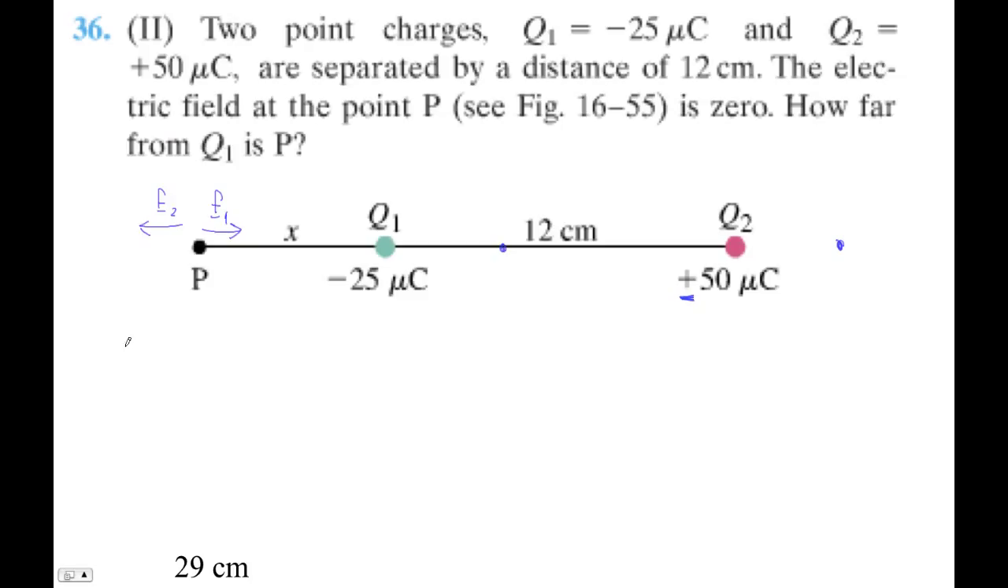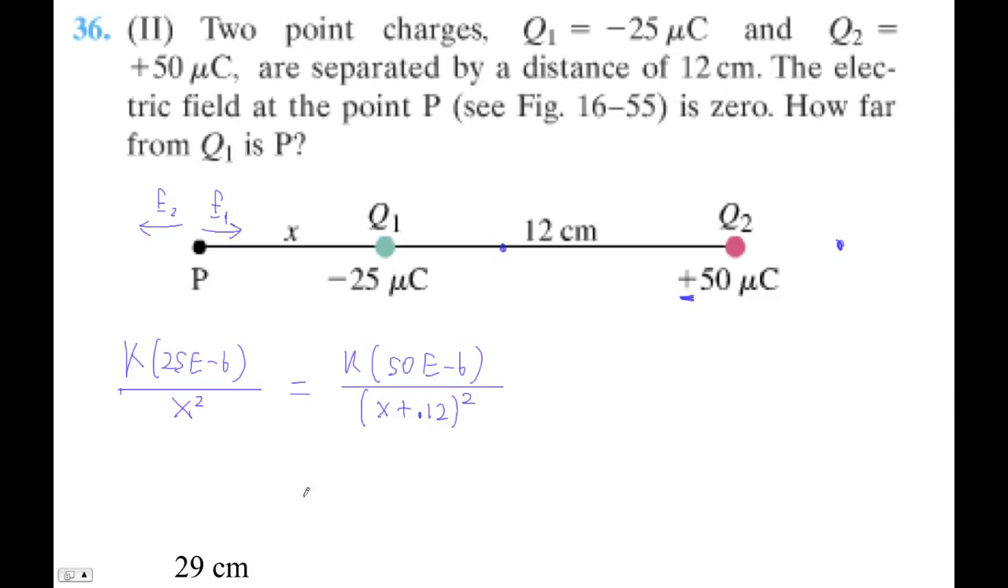Let's go K times 25e-6, and that's over x squared, equals K times 50e-6 divided by, let's see, this distance is x plus 0.12